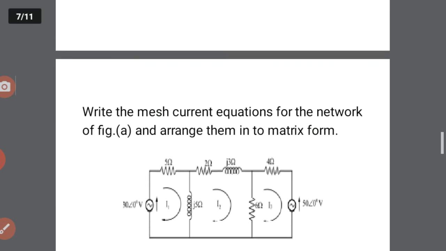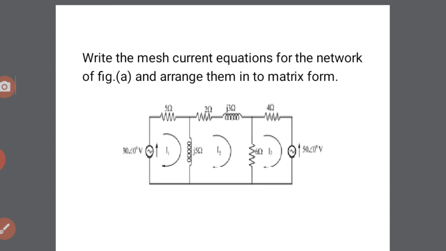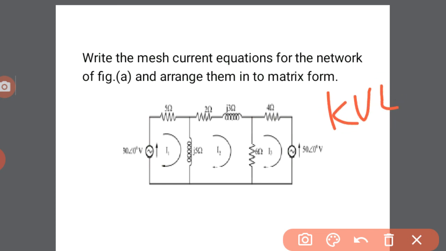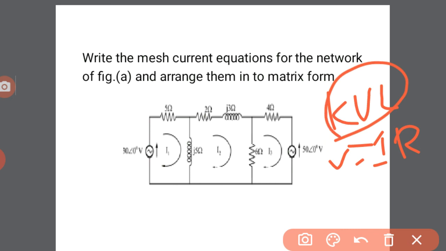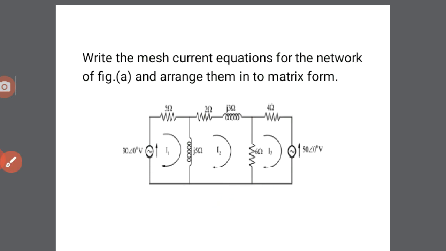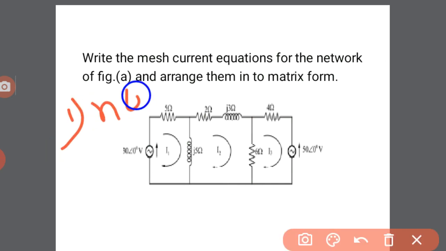Okay, so in this way first you have to write the mesh equations. The fundamental way to write the equations, only remember these fundamental things: if you want to write the mesh equations, apply the KVL, that is, sum of the voltage drops, V is equal to I into R. Okay, after that, before applying this KVL, first find out the number of mesh equations, the number of loops within a network. Okay, how to solve? The first one is the number of loops within a network.